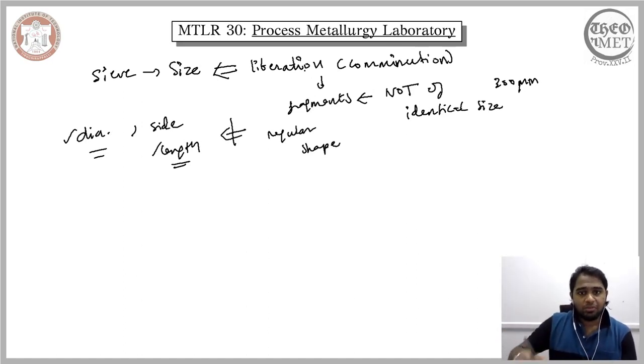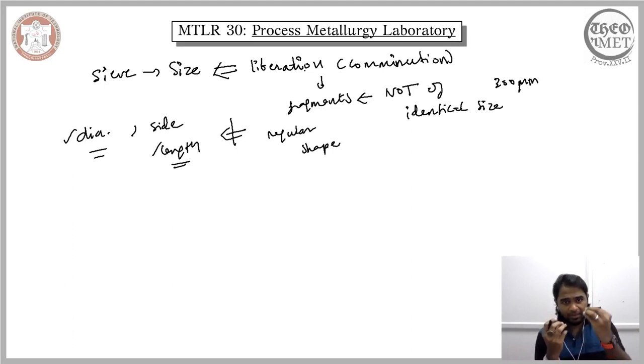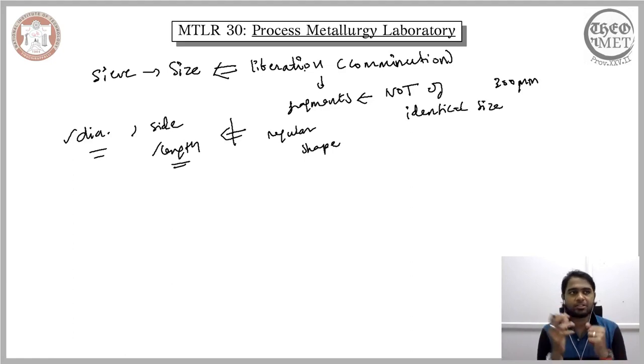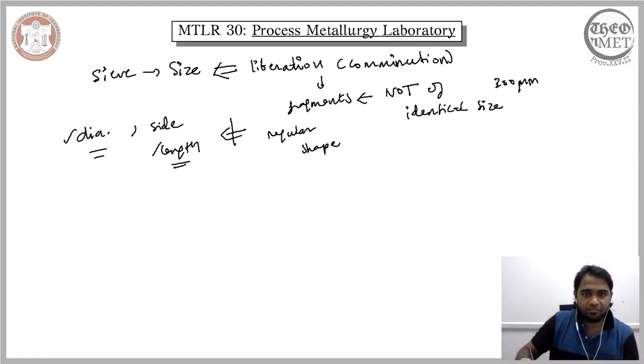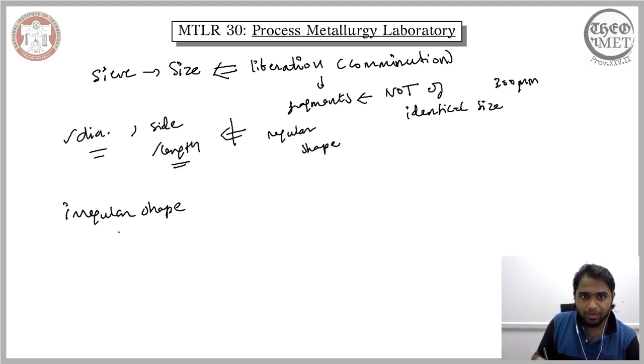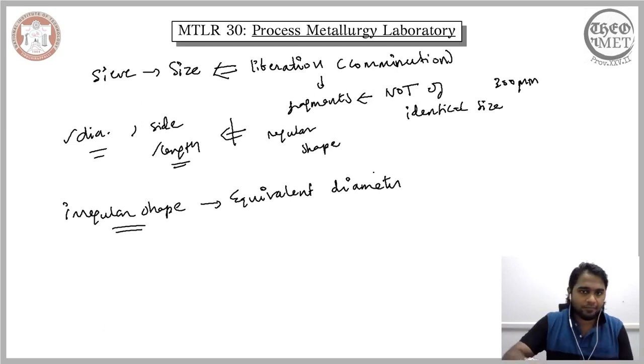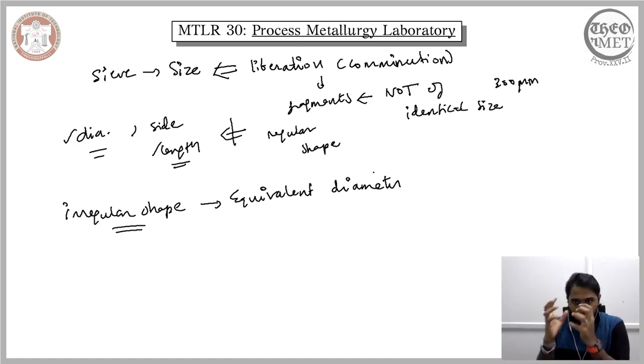Essentially, very rarely are your particles of regular shape, and often they are of irregular shape that cannot be easily described using some mathematical expression. So in the practical instances wherein your particles are of irregular shape, a common terminology that is used to describe the size of the particle is equivalent diameter. So on the theoretical side of understanding the sieve analysis, whenever you consider the size of the irregular shaped particle, you refer to that using the terminology of equivalent diameter.